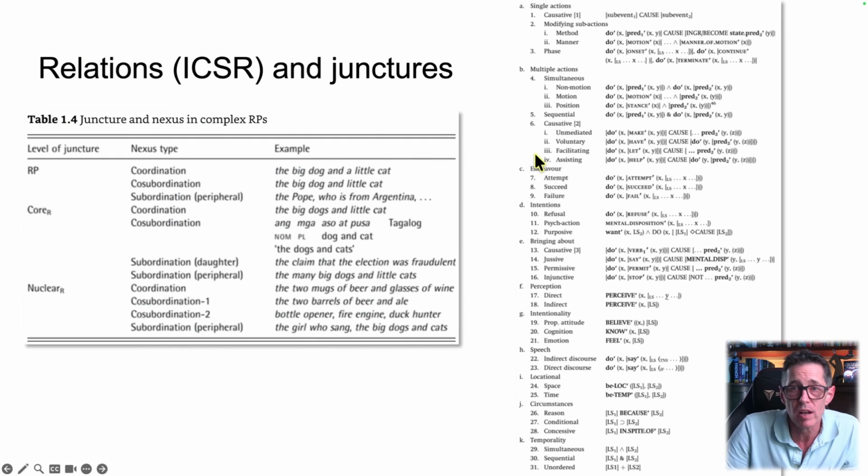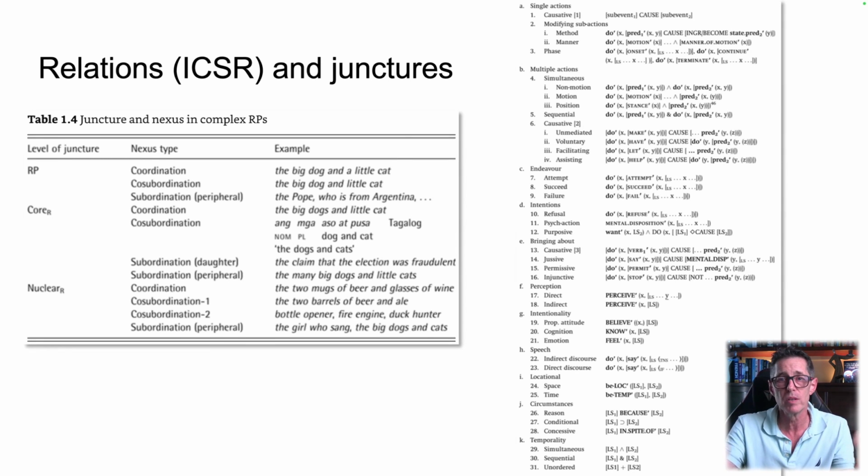This was the thing that I found just remarkable about role and reference grammar. These are juncture and nexus, so it's how we combine elements, meanings in a language. So if you see John, Beth, and Sue, those three elements are now being used as a single reference phrase, and you can combine them in a whole pile of different ways, and RRG goes through how those phrases are determined and how you then represent the meanings for those different types of phrases.